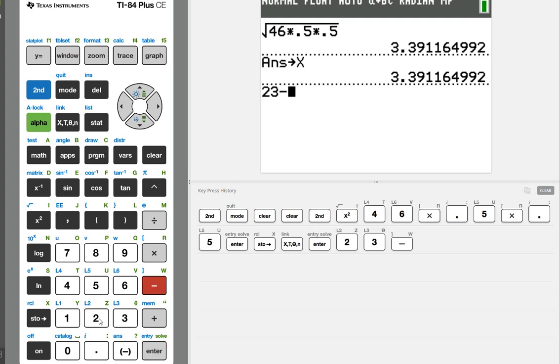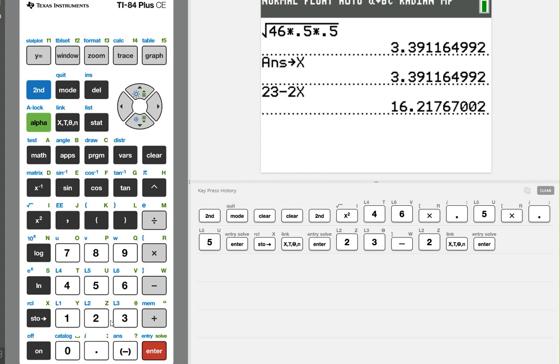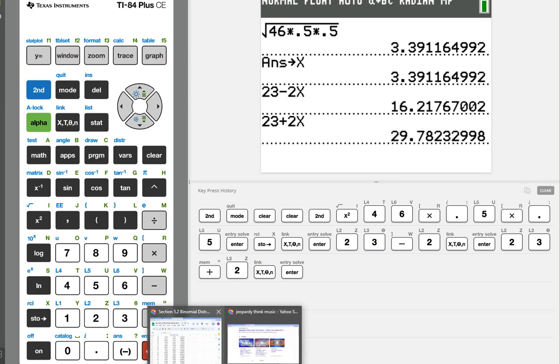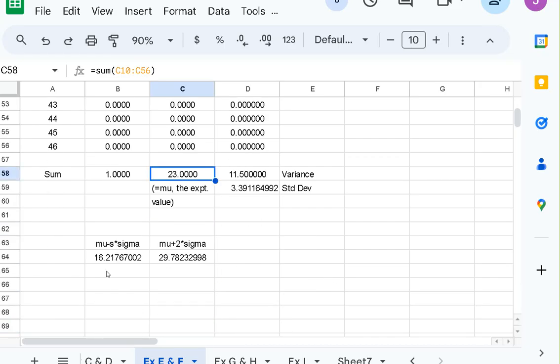Average minus 2 times the standard deviation, or in this case, 2x. And then 23, which was the mean, plus 2x. Oh, there you go. You can also do that in Google Sheets. No harm, no foul doing it on Google Sheets. Same kind of thing. You see mu minus 2 times the standard deviation and mu plus 2 times the standard deviation. Either way, it gives us our marks,